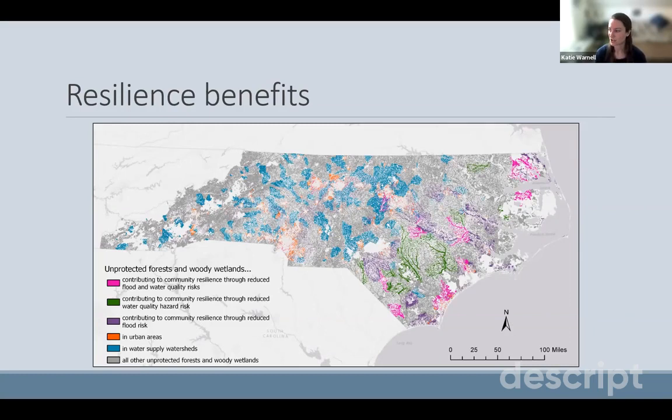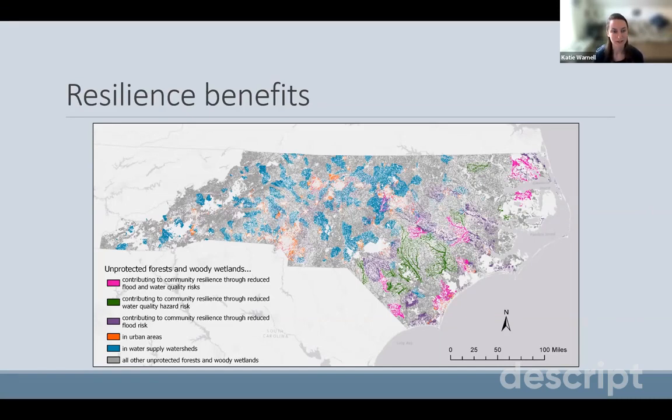So this map is showing an overlay of 4 different resilience benefits. So unprotected forests and woody wetlands that are contributing to protection of water supply, that are contributing to air quality in urban areas and urban cooling, that are contributing to reduction of downstream flood risk, reduced water quality risks, and then the pink areas contribute to multiple of those benefits. And then all of the gray is the rest of the unprotected forests and woody wetlands that didn't fall into